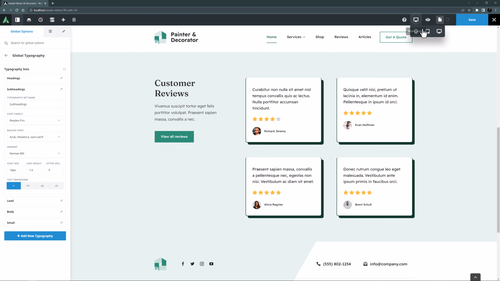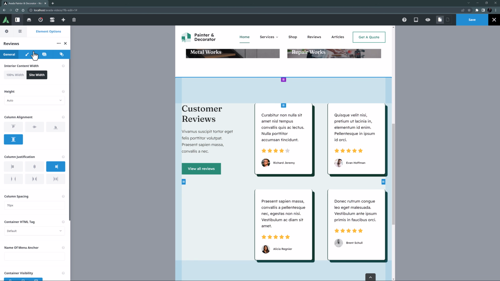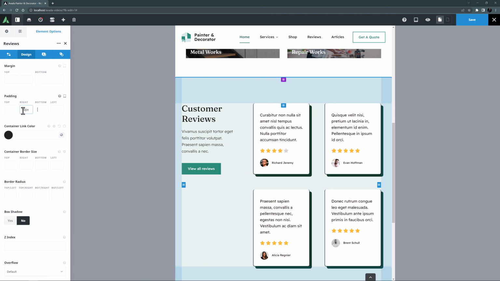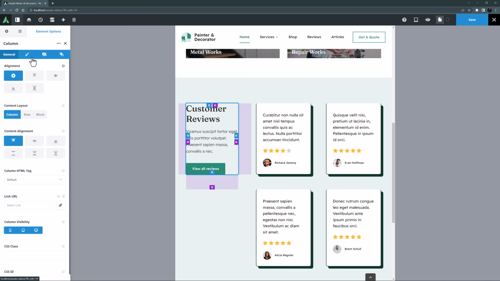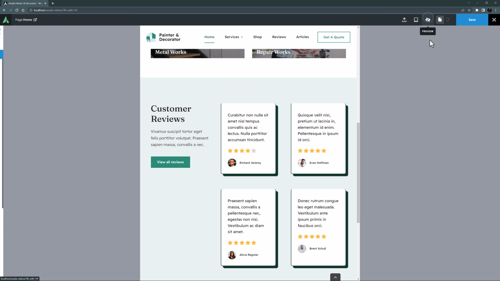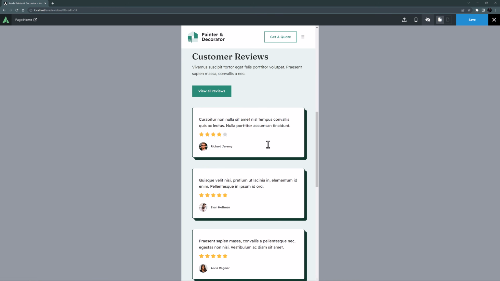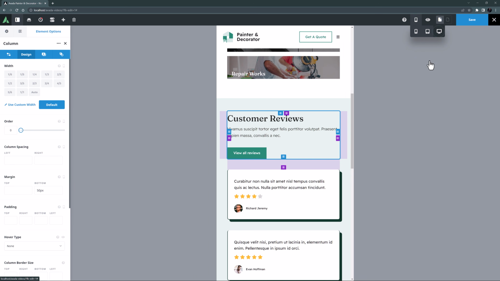But again, let's just check the responsive design. And here I think I want a couple of small changes. I will edit the container and change the right and left padding to 50 pixels. And this first column looks to have custom column spacing, but on medium screens I think I will change this column's right spacing to 2%. Let's just preview that. Yeah, that looks better. And I'll just check small screen view. And this looks perfect as is. Okay, let's come out of preview and back to large screen view and move on to the next section,